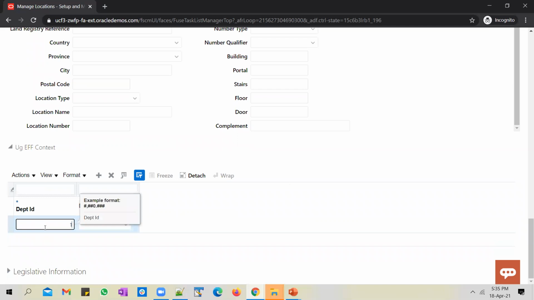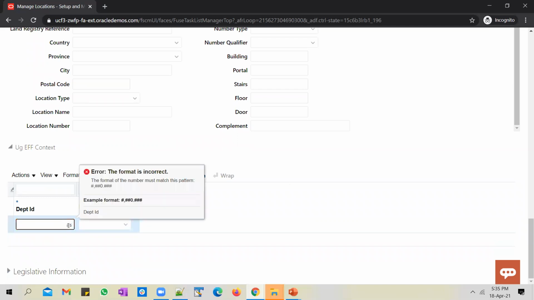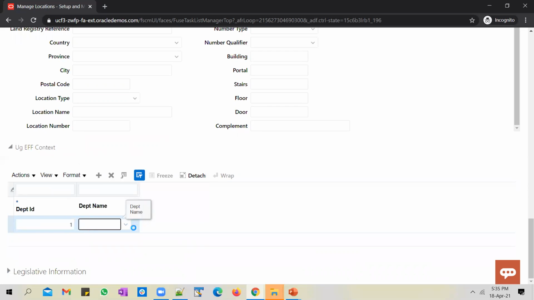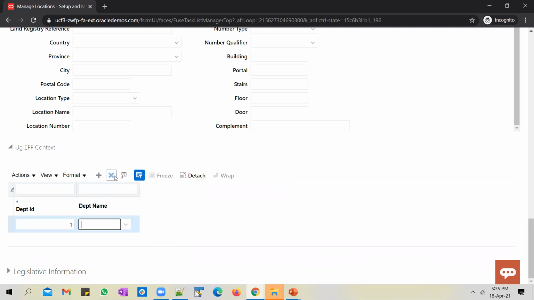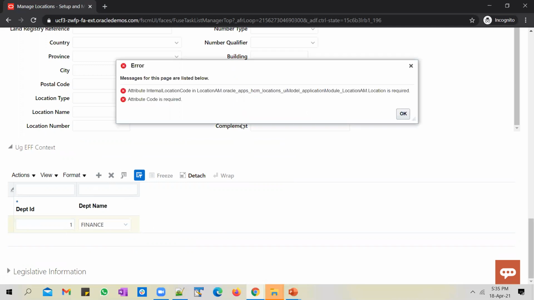and you enter a number. And remember, if you enter a varchar value there, you will notice that an error pops up which says please enter a valid number. So you have to enter a valid number. And for a department, we have attached the independent department value set, which is showing the values available in that. So you could pick, I want this location to be available for finance and say HR departments. So I could go ahead and select finance. And I can add in another record.